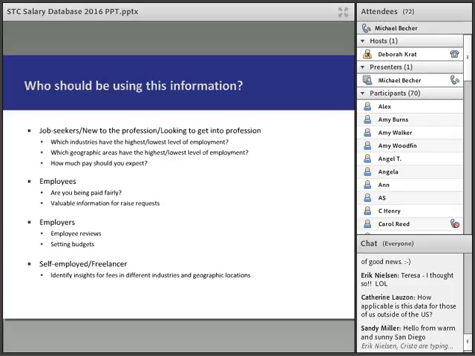Additionally, it gives you just valuable information for raise requests. So if you know what you're making, you look into the data, it says you should possibly be making $5,000 more. Well, you can take that to a manager or a boss and say, hey, here's data that's being published by the government. It's saying this profession for where I'm at should be making about this much money in this industry and or this geographic location. And you can take that to them.